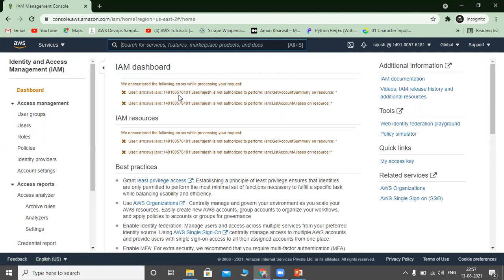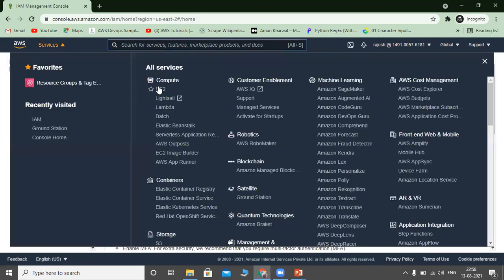See, we encountered the following error while processing your request. User Rajesh is not authorized to perform IAM. So we have restricted the access by using identity access management. This Rajesh user does not have access to IAM, but he has access to EC2.